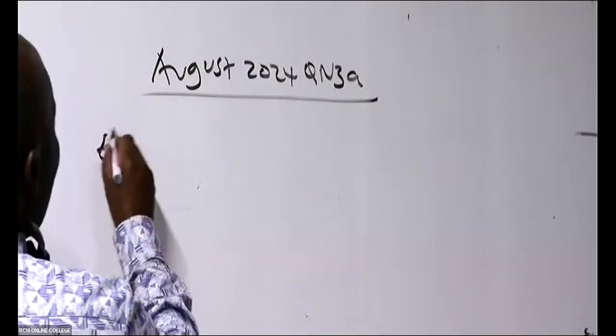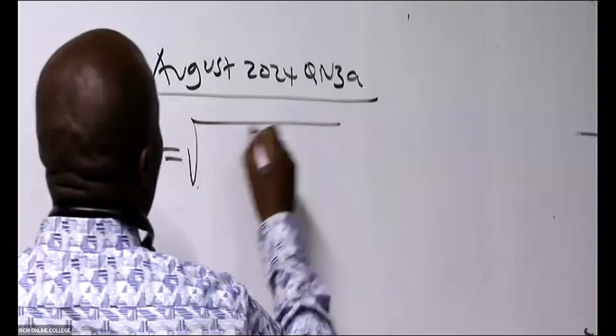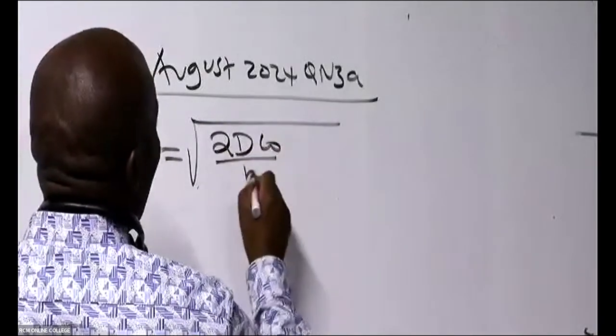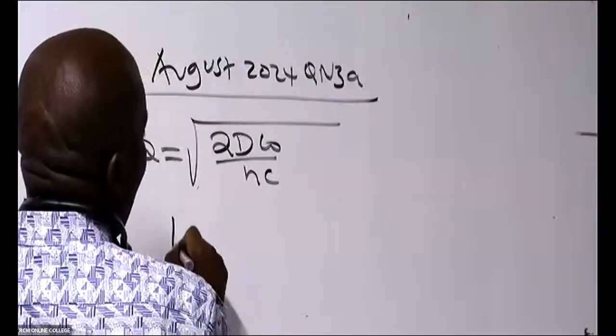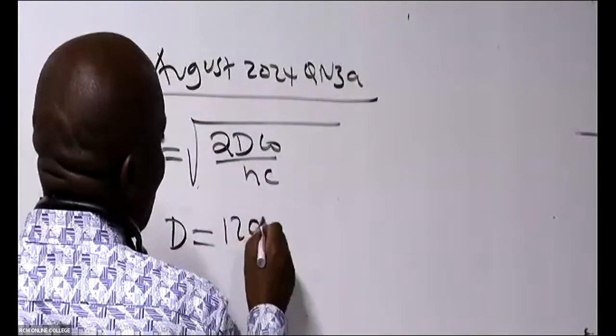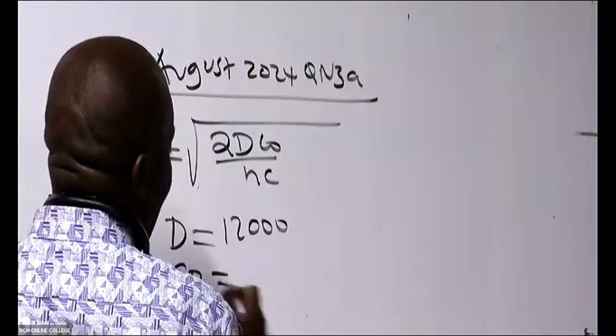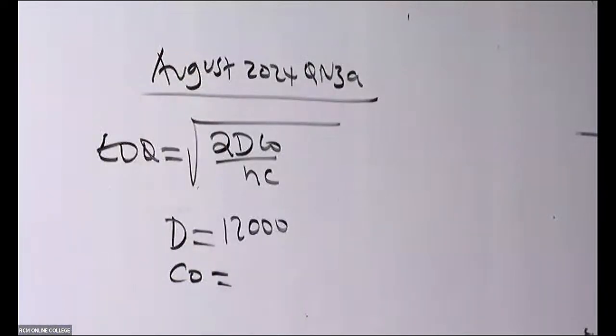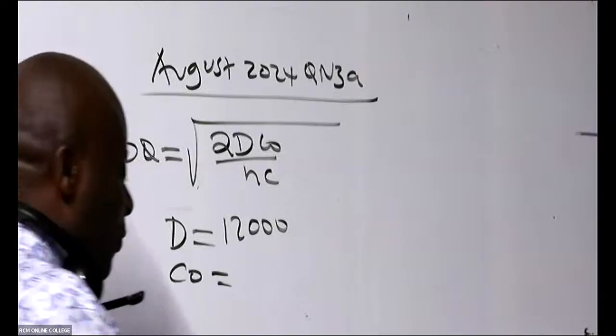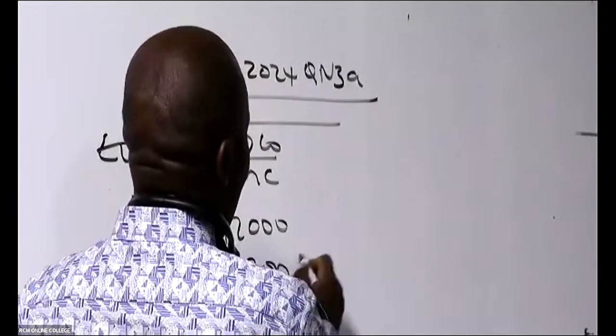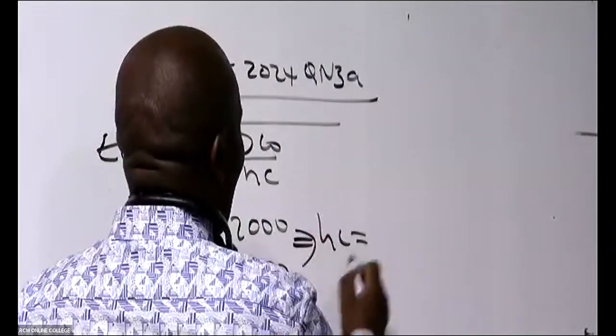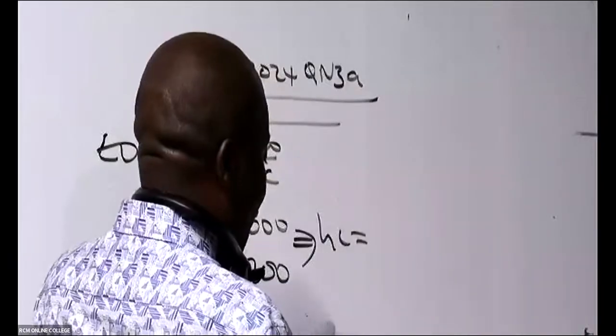So, ladies and gentlemen, our economic order quantity will be the square root of 2DCO all over HC. The annual demand, you told me the annual demand is 12,000. This examiner has given us the cost per order, the CO. He has told us that the CO from note number 4, each purchase order incurs fixed acquisition cost of 1,200 per order. And then they have told us that holding cost, they have told us in note number 5,